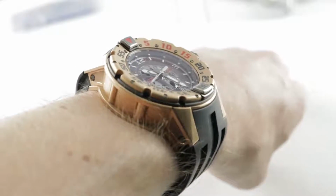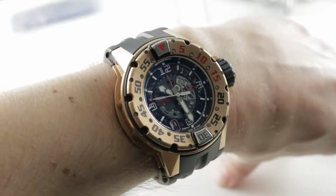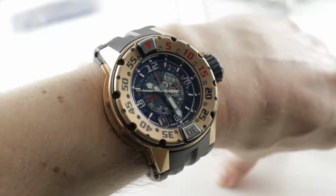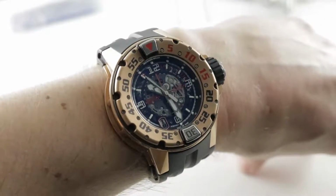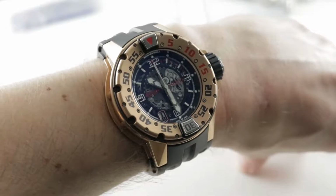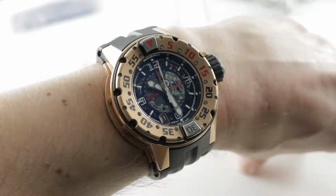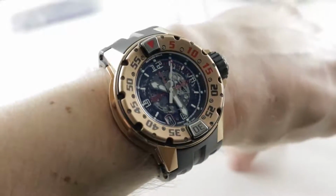And today we are discussing what is frankly a ridiculous watch. This is the Richard Mille RM028 Diver in red gold. The kind of person who buys this watch isn't going to be the person who says, "This isn't ridiculous, I take it very seriously." No, it's going to be the person who says, "This watch is ridiculous and I love it for that quality." And truly, it is a lovable watch, easy to wear even on my 16 centimeter circumference